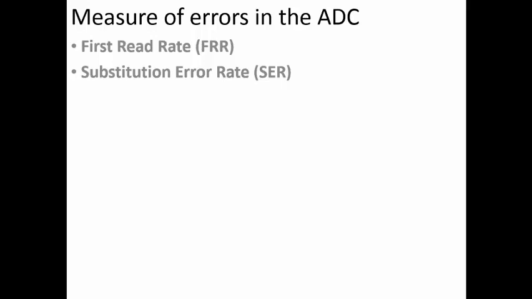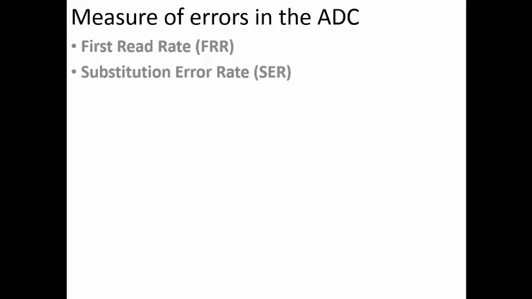Now what is this first read rate? First read rate tells the probability that the encoded information is read or decoded in the first attempt. Usually we see in the supermarket the product we have purchased will be moved or detected by using the laser. Sometimes it will not be detected and maybe the second or third time he is trying to do it. This may not happen for all the items, it may happen only for a few items in a given shift of that particular operator. Then we'll say that the first read rate is very high.